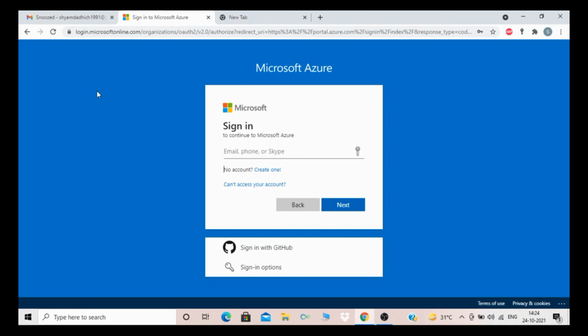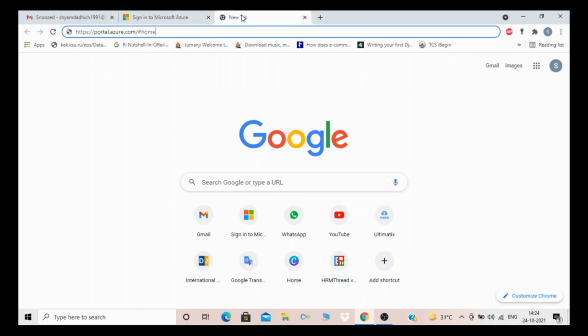Once you have created that account, go to your Google Chrome or Mozilla Firefox and type portal.azure.com. This is exactly the address, https://portal.azure.com.